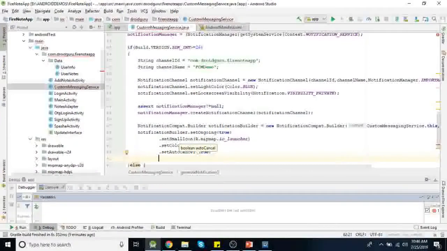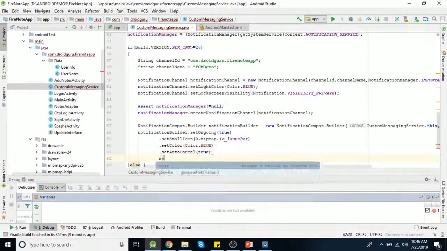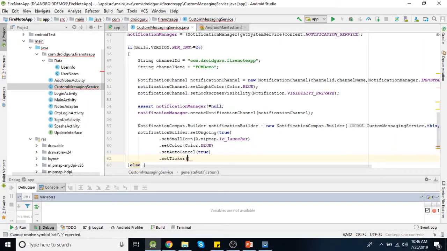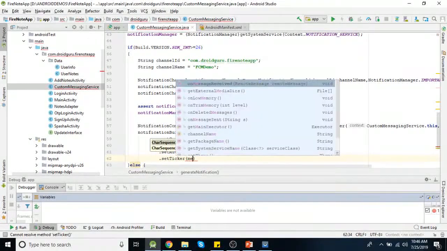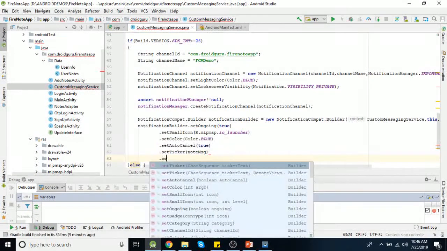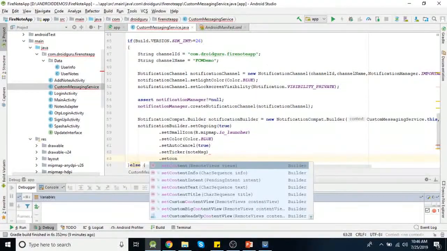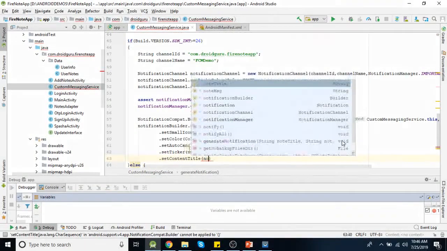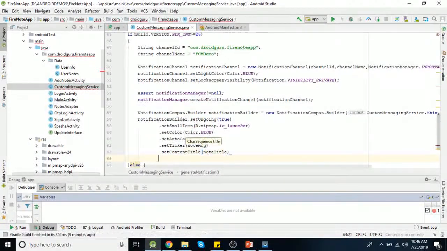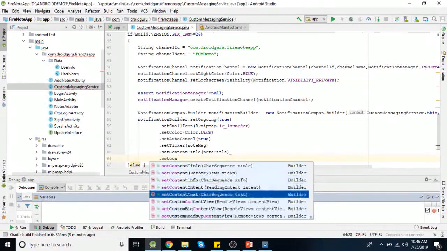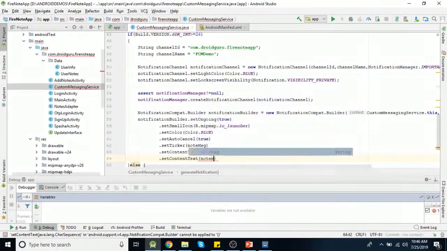Then set ticker. We can set message here or notification message. Then set content title. We already have this title which we retrieved from our notification object. Then set content text, which is our message.